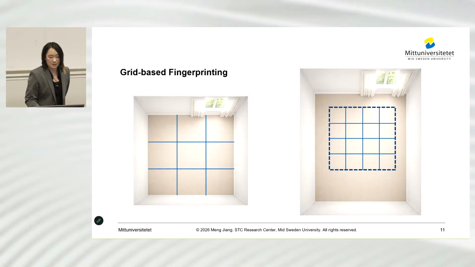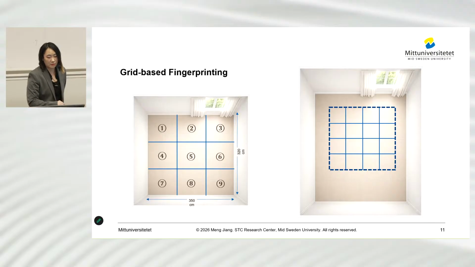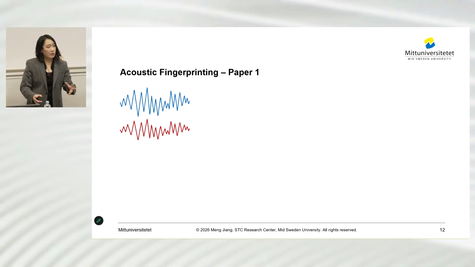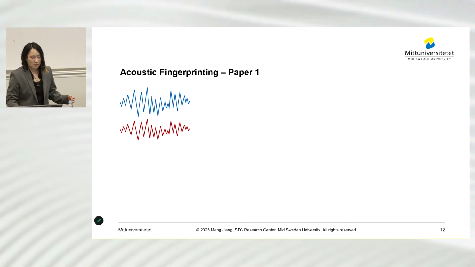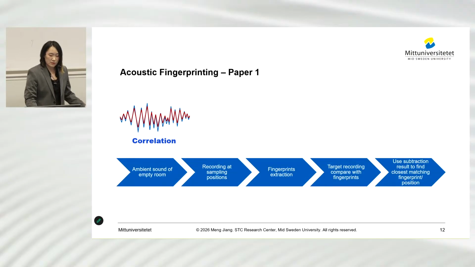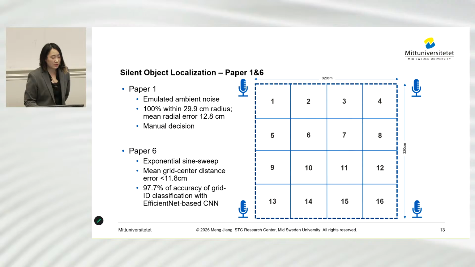So my first project is localizing a silent person in a 9-grid empty room using acoustic fingerprinting. These two waves: the first one is the measurement taken in position A, and the red one is taken in position B from the same microphone. Because they have a spatial relation, the waves will have a similarity, and that is what we call correlation. So we measured a grid of positions, ambient sound with the empty room first,